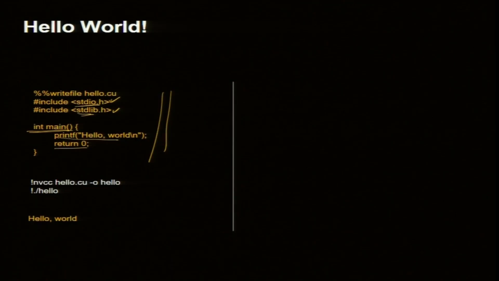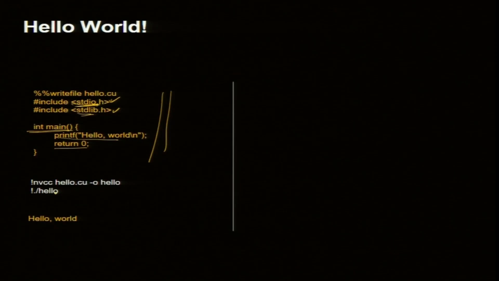Printf is pretty clumsy in C, but we will have to live with it. I would recommend that you use C. C++ is also possible to write it, but I am sticking right now to C, because if you use C++, then you need to change this library, it has a different name, iostream.